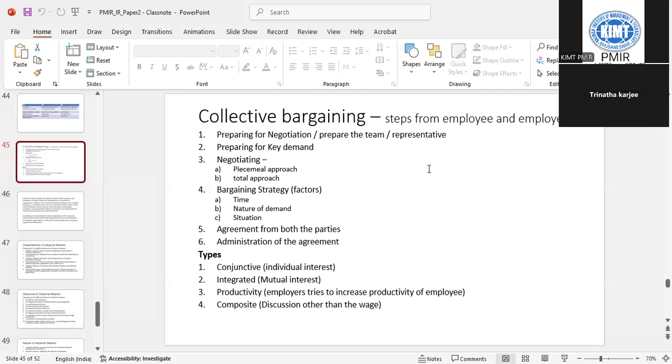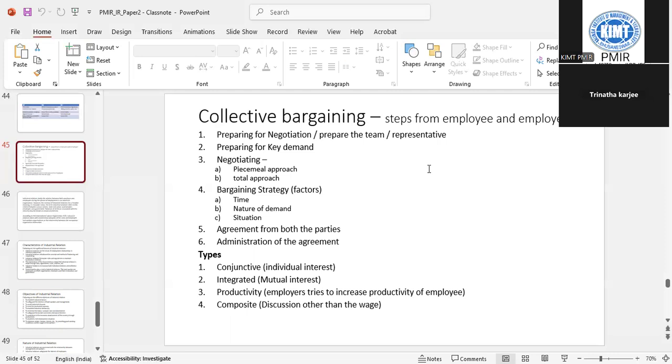The main meaning of collective bargaining is a negotiation. How you are talking, what steps you are taking, who is going to talk, for all the conflicts you have with your management. We are talking that. That is known as collective bargaining. Collectively, you are taking your issues to the management. So you are preparing yourself.